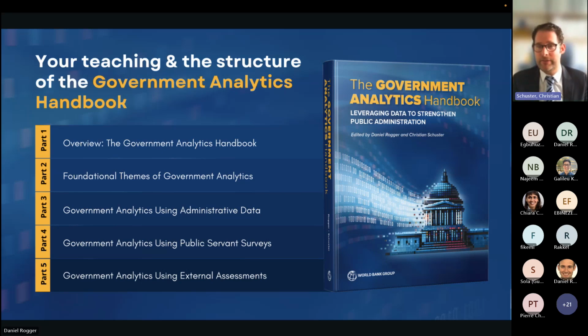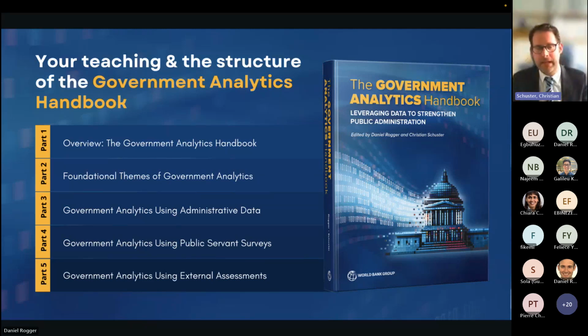These are 3 chapters that give students, or readers, a sense of what government analytics is, why it matters. The second part of the handbook is about foundational themes. So here you have chapters that assess cross-cutting challenges that you need to think about when you do government analytics. For instance, the ethics of government analytics. For instance, the importance of a balanced data suite, that you often need multiple different data sources to holistically understand